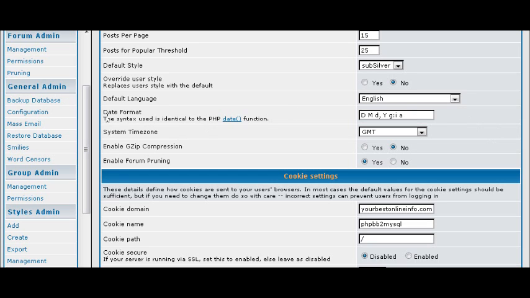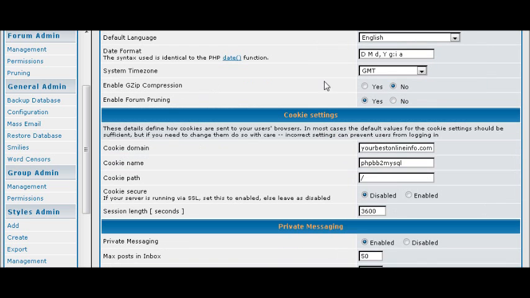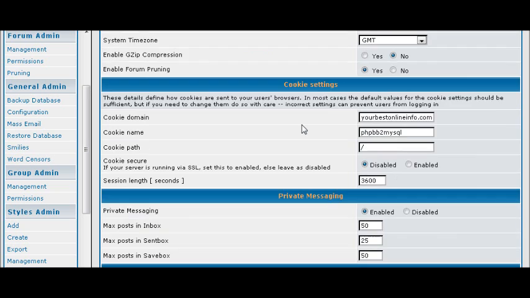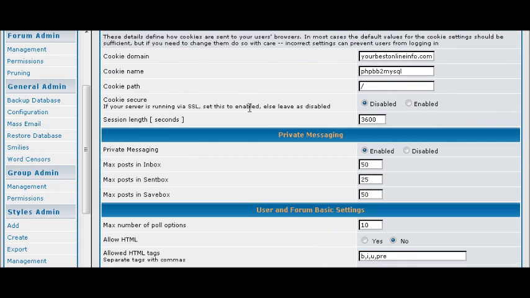Again, our language, and the date format, and our time zone. gzip compression just compresses your forum, and pruning will actually take stuff out of your forum after it's a certain age. Then your cookies,